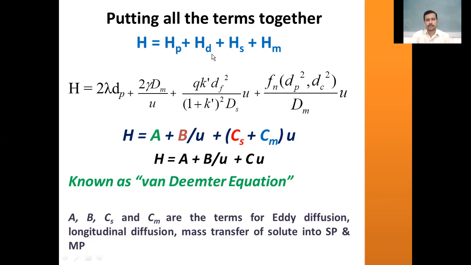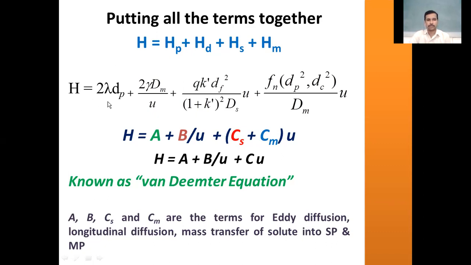HD is a term to show increased plate height due to longitudinal diffusion of the solute. HS is the term to show the mass transfer of the solute into the stationary phase, and HM is the term to show the mass transfer of the solute into the mobile phase. If you substitute the equations for HP, HD, HS, and HM from equations 1, 2, 3, and 4, you will get a new equation, that is, the overall H, the overall plate height